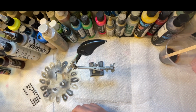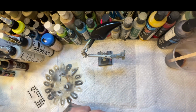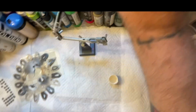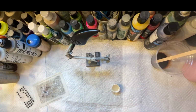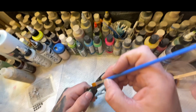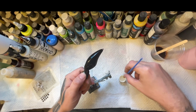So here's what we're going to do. I'm going to get my crackle effect, and I got this crackle medium folk art at Hobby Lobby. So all I'm going to do is just pour a little bit of this crackle effect in this cup here, just a little bit, and I'm going to take my brush and I'm just going to brush it on the bait real fast. You just want to do a couple layers of this to get all the creases, try to get the whole